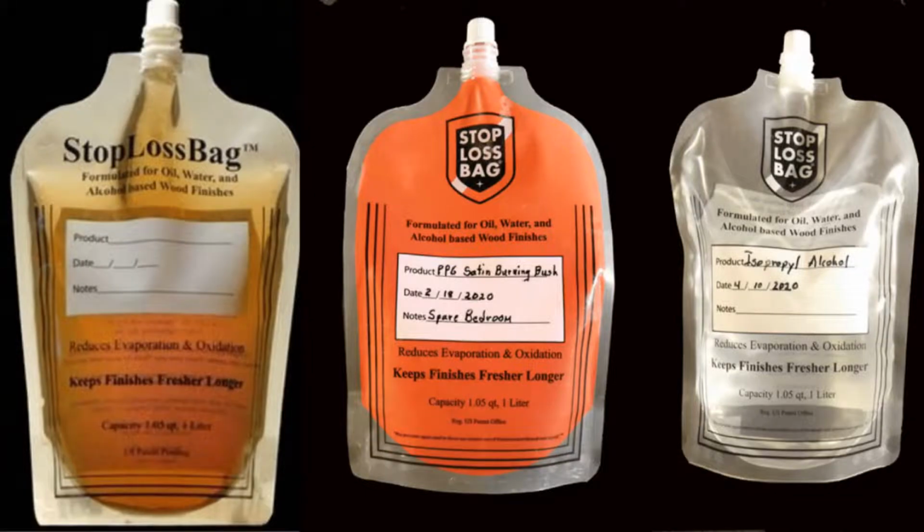True. Obviously, you don't want to just throw them around. But if you're doing a lot of work for customers, this would enable you to keep some of those customer